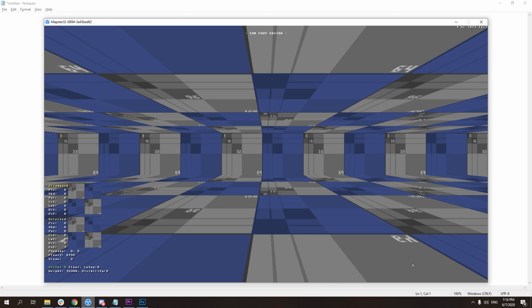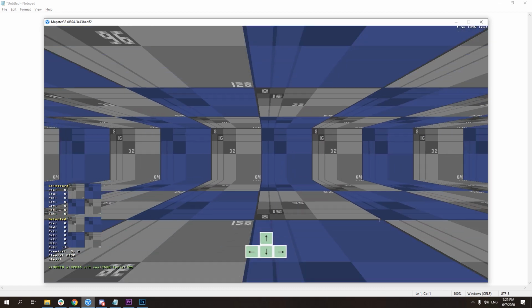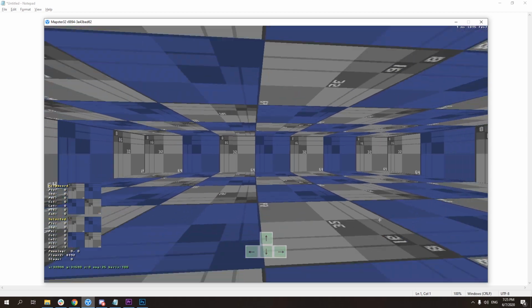This is probably the most interesting aspect of editing. Looking at things exactly the way they are going to look in game. What you see is what you get. We can walk around the room in different ways, either by using the arrow keys to move back and forth and look to the sides,